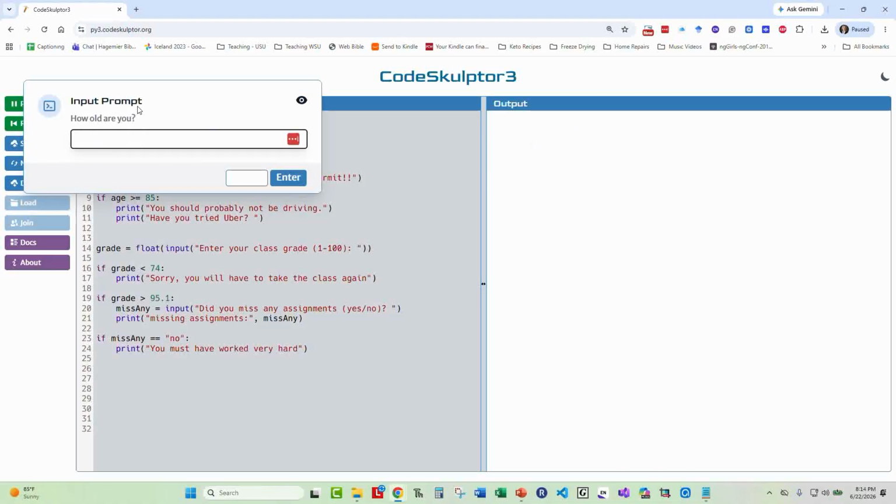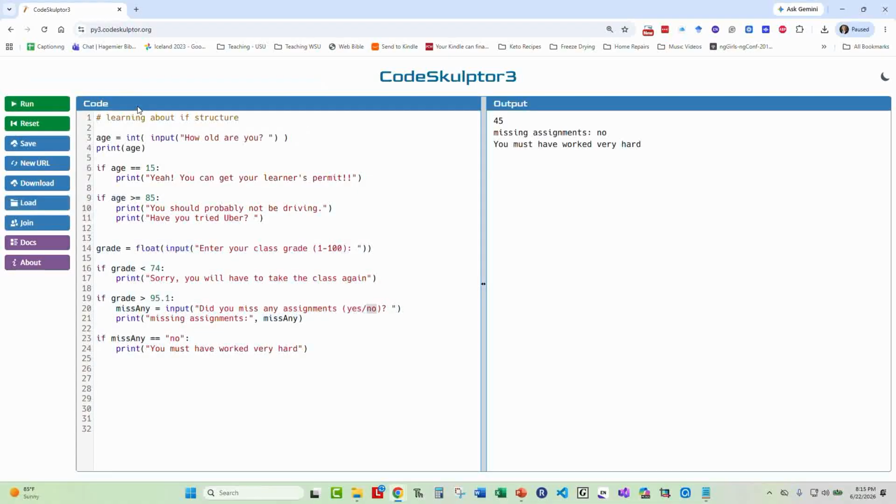So let's run it one more time. I need an age, and this prompt, I'm going to have to put in something greater than 95.1 for the if statement on line 19. So I'll put in 96. It's going to prompt me. Now if I key in the word no, I would expect that variable on line 23 to equal no, and it will print, you must have worked very hard. I'm going to run this one more time,